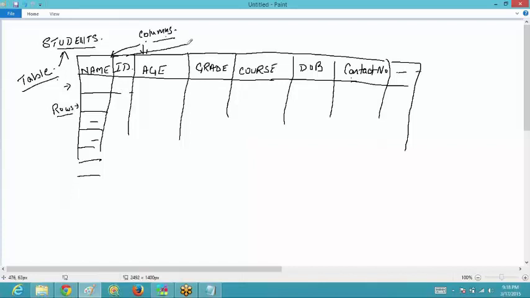Okay, and this column would be the primary key. It would act as a primary key for the student table. Okay, Kumar, you want me to repeat it again? See, creating a column